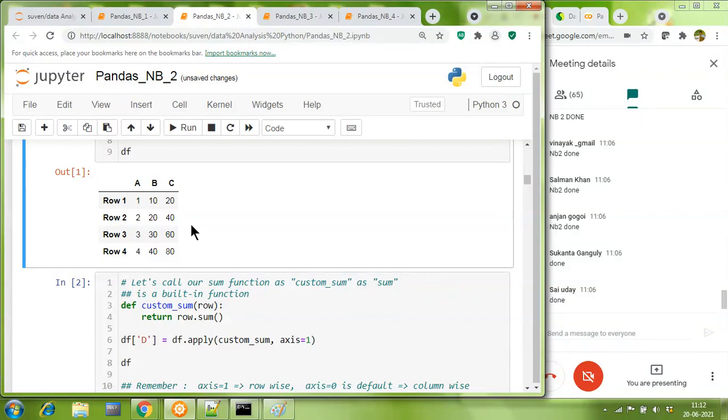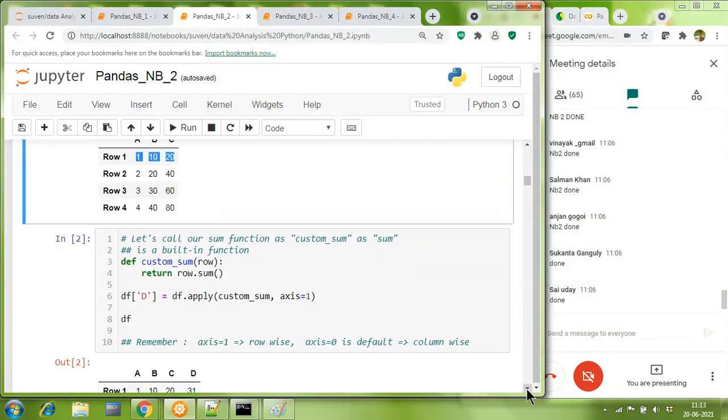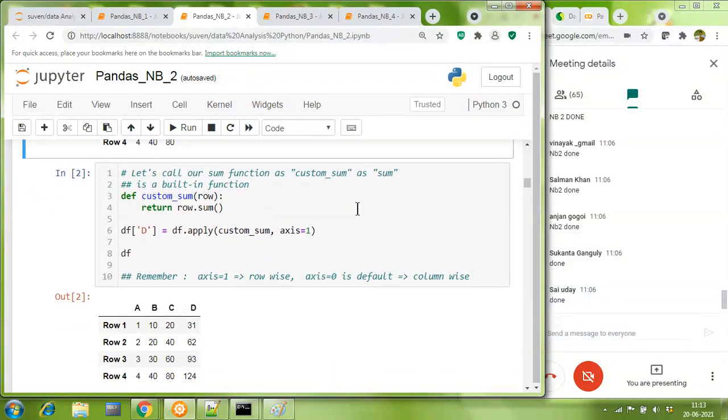Now imagine the situation. If somebody comes with a requirement to you that, listen, I want the summation of every row, 1 plus 10 plus 20, and store that summation as a new column called D in the same data frame. So this is to be thought upon. See, applying loops is going to be very tiresome. So you don't have to work with loops because you have apply and map to help you. So what we are doing is we are making our own user defined function called, let's say, custom_sum, or you can give any name of your choice. I'm sure you would feel, let's give the name as sum only. No, you cannot.